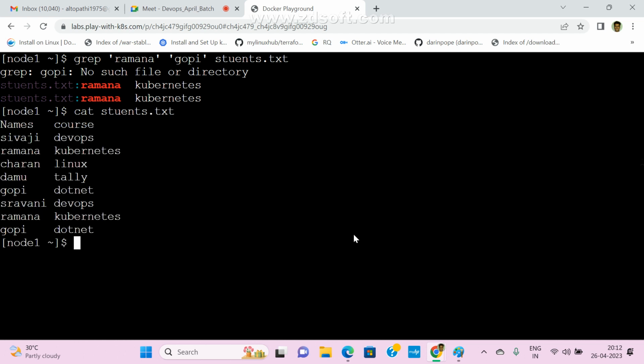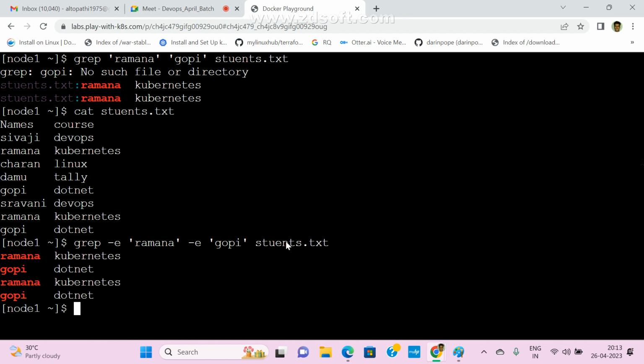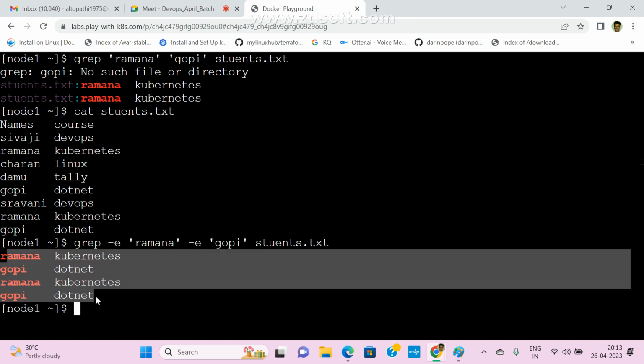That case we saw yesterday. Grep space hyphen E, and we give Ramana, and if you want one more, hyphen E Gopi and the file name. Now see here, perfectly it is searched.